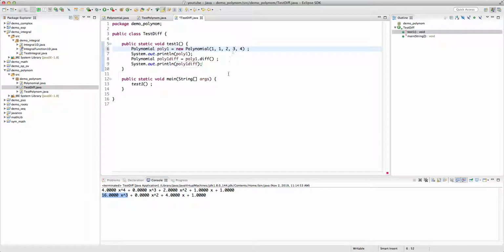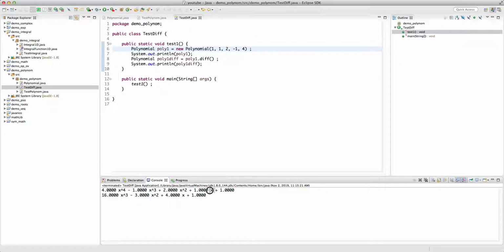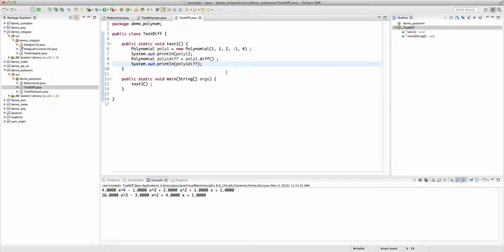And if we try this again, let's say minus 1x cubed, 1 becomes 0, 1x becomes 1, 2x squared becomes 4x, minus x cubed becomes minus 3x squared, 4x4 becomes 16x cubed. All right, and